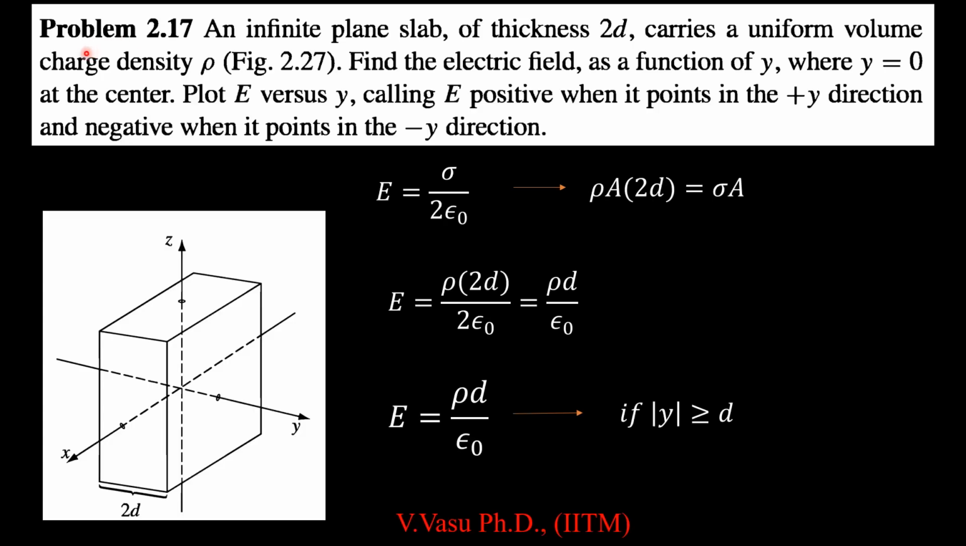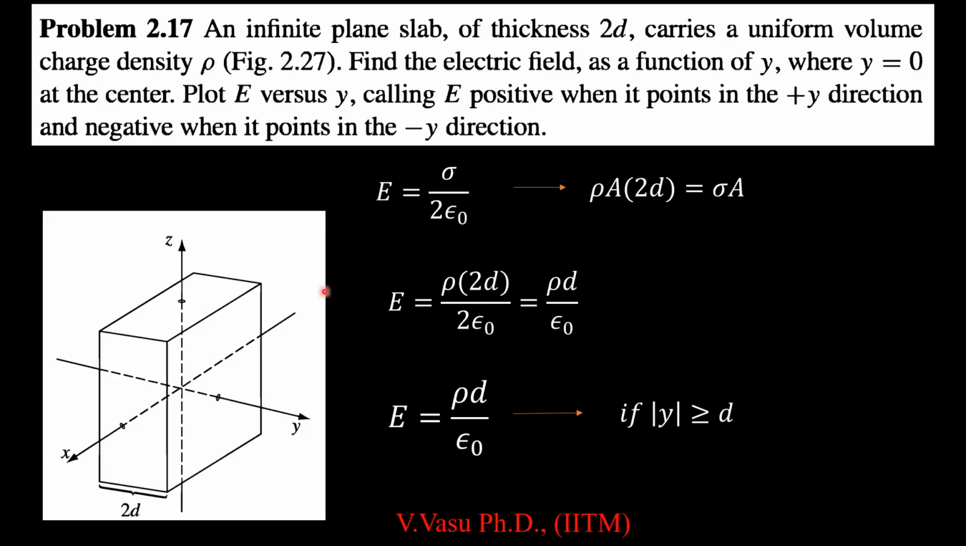And today we will solve two problems, that is problem 2.17 and problem 2.18 related to Gauss law. This is from the Introduction to Electrodynamics, fourth edition by Griffiths. So the problem 2.17 is an infinite plane slab of thickness 2d carries a uniform volume charge density rho as